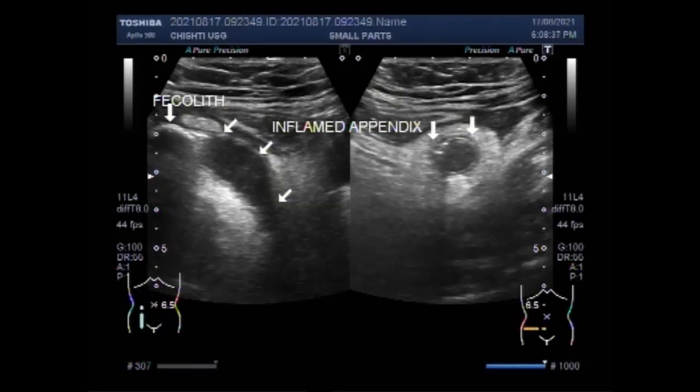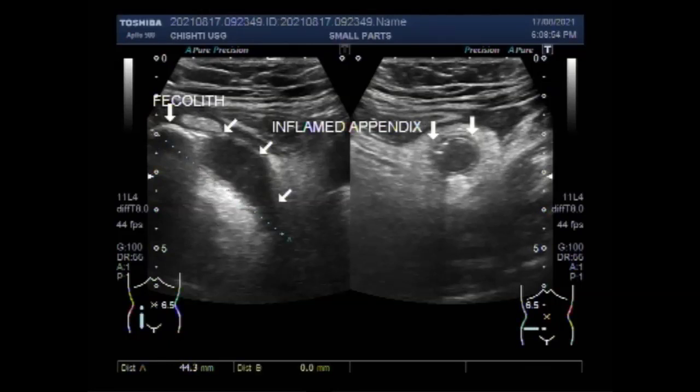However, an appendicolith may be associated with complicated appendicitis with serious outcomes. A blockage in the lining of the appendix that results in infection is the likely cause of appendicitis. The bacteria multiply rapidly, causing the appendix to become inflamed, swollen, and filled with pus. If not treated promptly, the appendix can rupture.